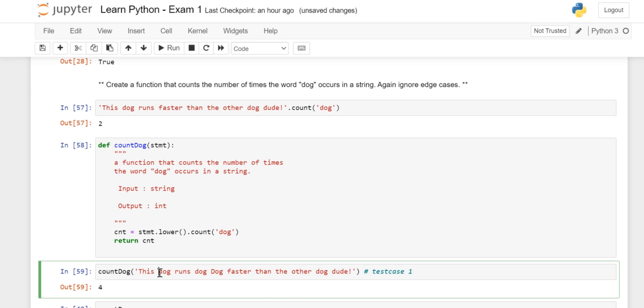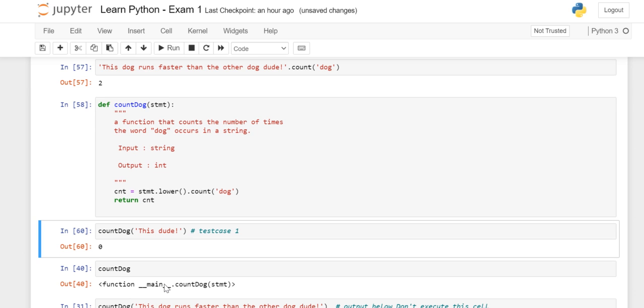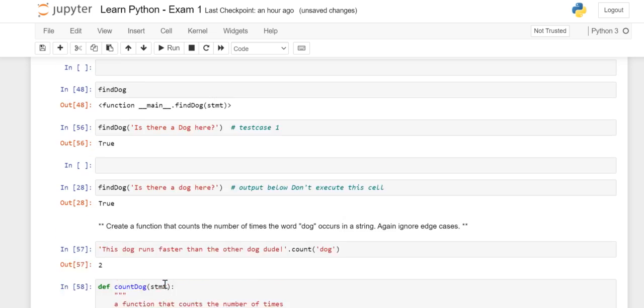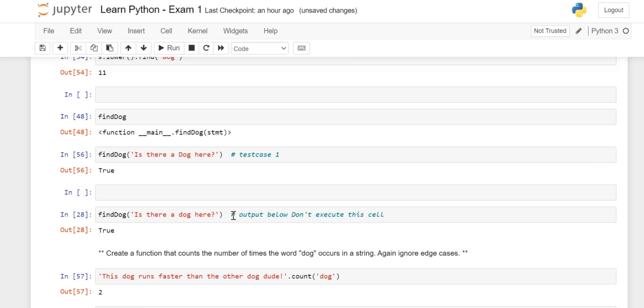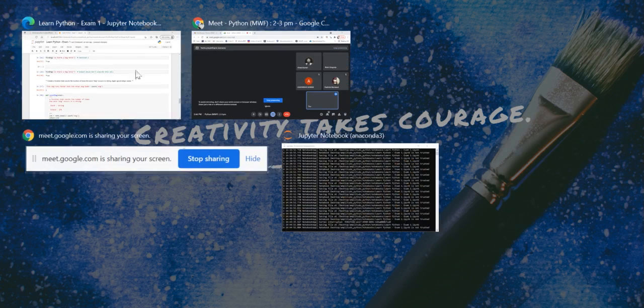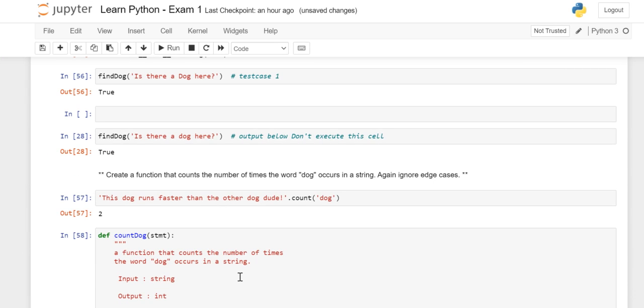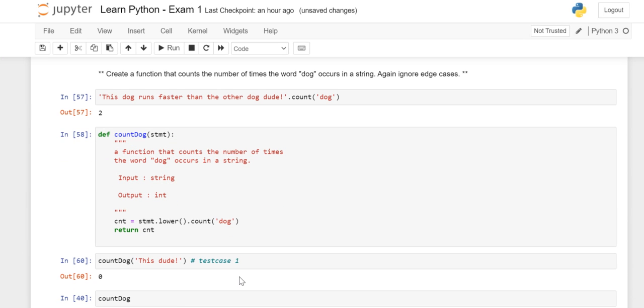And what if I don't have any dogs? Let's check that also. I got 0. Fine? Clear? So if you were able to solve the first question, automatically this would have been a very easy-peasy counting one, because the base and foundation is very similar. Even this one is pretty easy. You don't need any if-else condition.